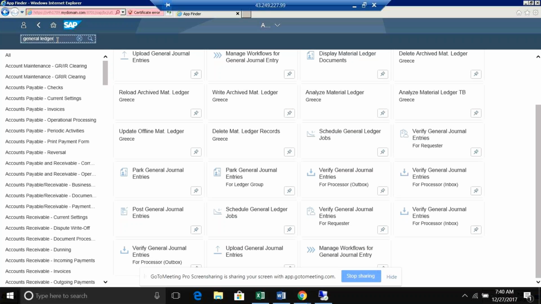Okay, so what I was asking was, is it a correct statement to say that these tiles are like transaction codes, or are they more than transaction codes? It is, I can say, all the transactions. Let me open the other screen as well. So it is like transactions only, the same thing. Basically, we are executing the transactions with a new UI.